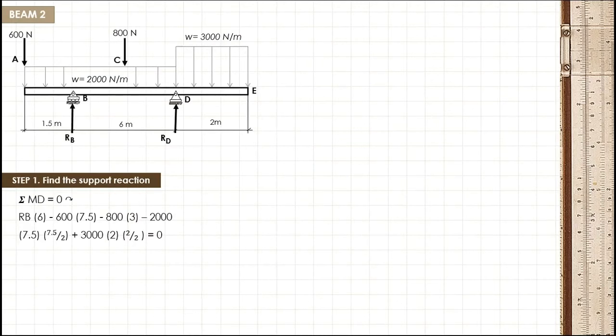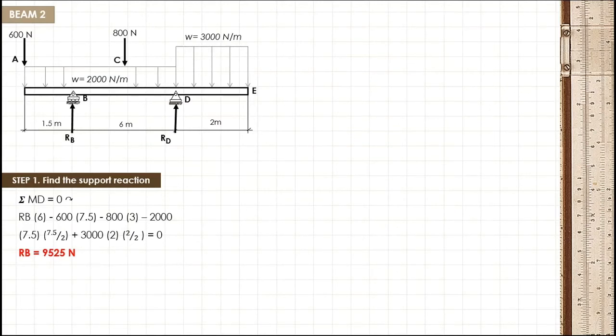Positive RB multiplied by moment arm of 6 minus force A, which is 600, multiplied by moment arm of 7.5 minus force C, which is 800, multiplied by moment arm of 3 minus the moment of the uniformly distributed load, which is represented by resultant force, which is 2000, multiplied by the length of action, which is 7.5, multiplied by moment arm of 7.5 over 2, since we know that the resultant acts at the middle of its length of action, plus the resultant of another uniformly distributed load, which is 3000, multiplied by 2, multiplied by moment arm of 2 over 2. So, we have our reaction at B that is equal to